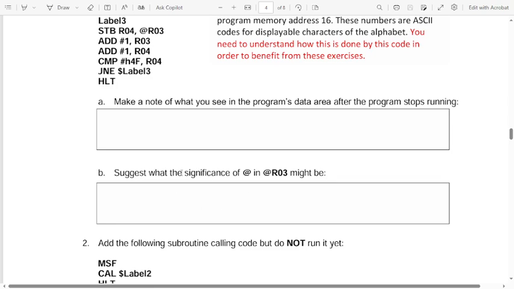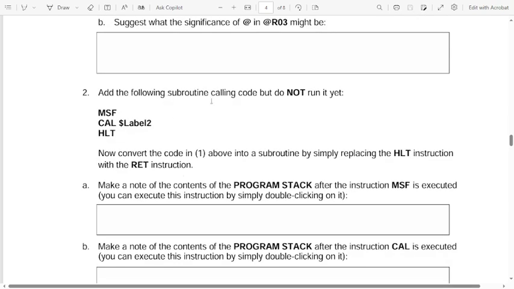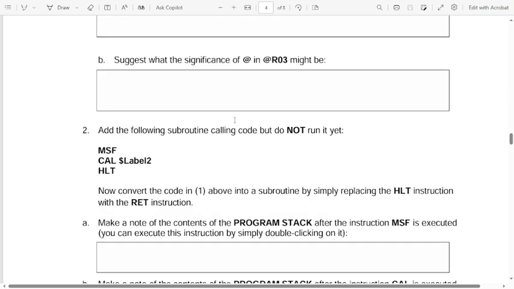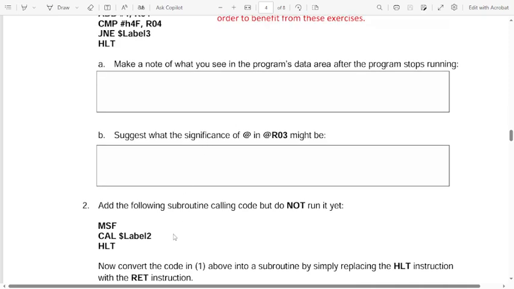Then there is still subroutine calling, but do not run it yet. So we are going to type, after halt, we type MSF, call label 2. Our label is jump here.